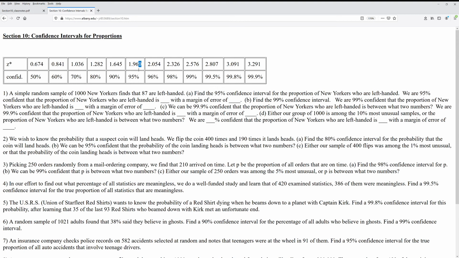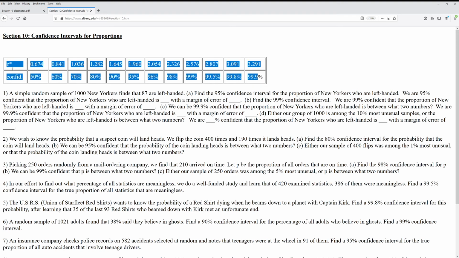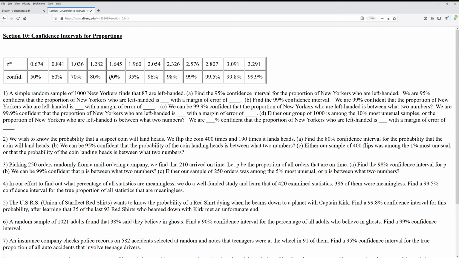after the decimal. So this is all to do with the normal chart. This is solely the normal chart. Nothing to do with jelly beans or p-hats or proportions or formulas we're talking about at the moment. This is just the way the normal chart works, right? If you want 90% area in the middle, 10% in the tails, 5% in each tail, then you go 1.645 to either side, negative 1.645 to positive 1.645. If you want 99% area in the middle,